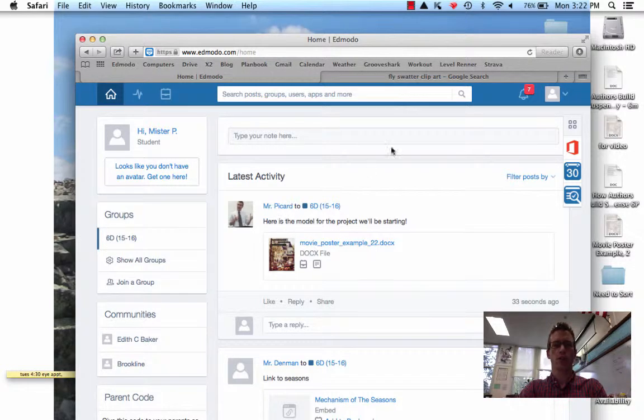The first thing you're going to do is log into Edmodo. This is my student version of my account that I've made, so it looks just like yours. You can see that we've got this post here that I made with the template that you're going to use for this project. When you find this post, you're going to download it. That's the little paper icon here. So I click download